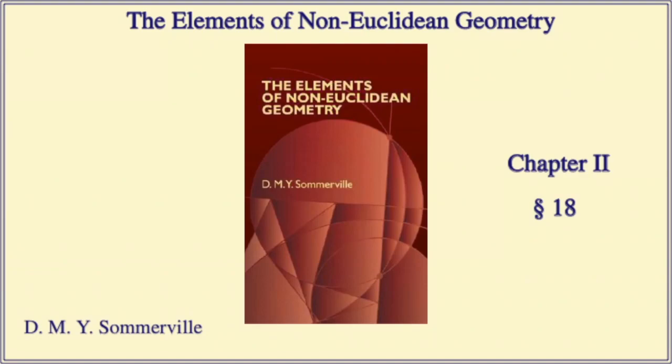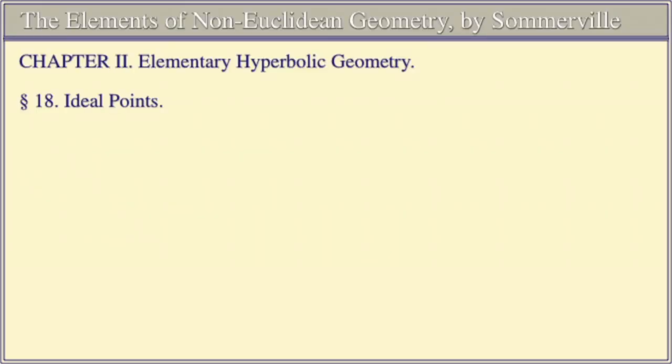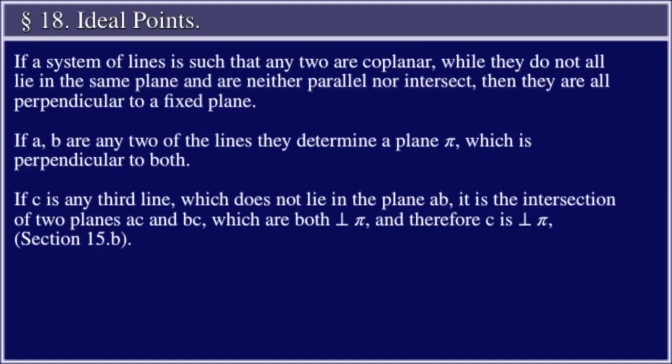The Elements of Non-Euclidean Geometry by D.M.Y. Sommerville. Chapter 2, Elementary Hyperbolic Geometry. Section 18, Ideal Points. If a system of lines is such that any two are coplanar, while they do not